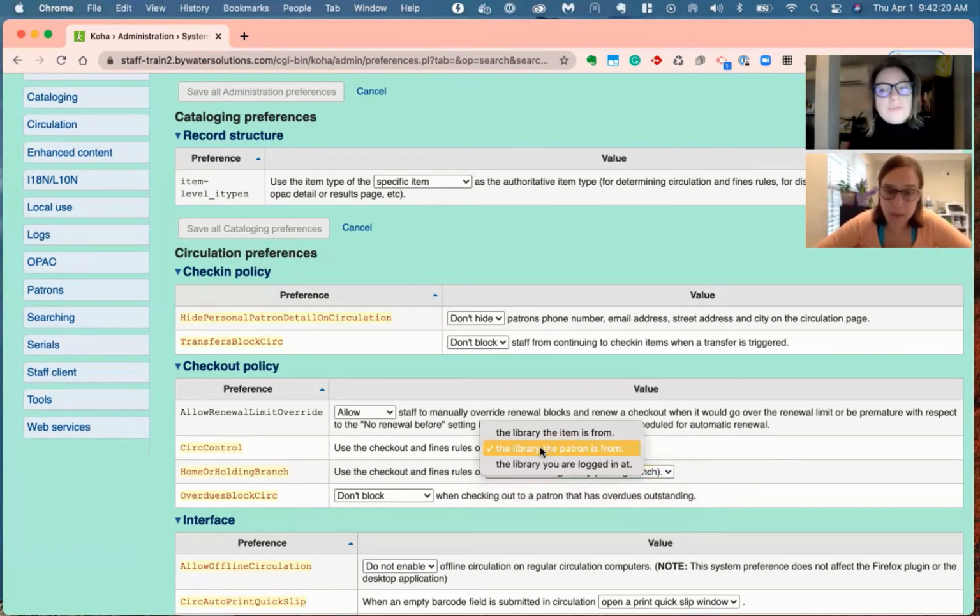And then finally, the third option in circ control is where you're logged in at. So as a staff member, what library am I logged in at? And then that circulation, that checkout I perform is going to follow the rules of the library I'm logged in at. So if I'm logged in at the East, Koha is going to use the East branch rules. All right, perfect. So now that we have those system preferences under control,